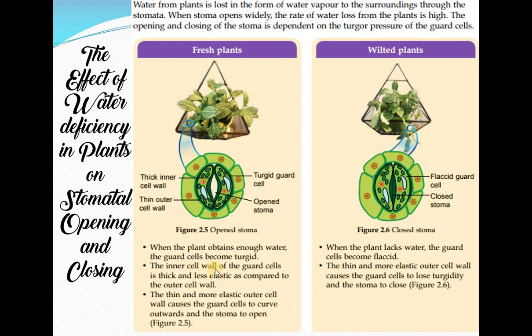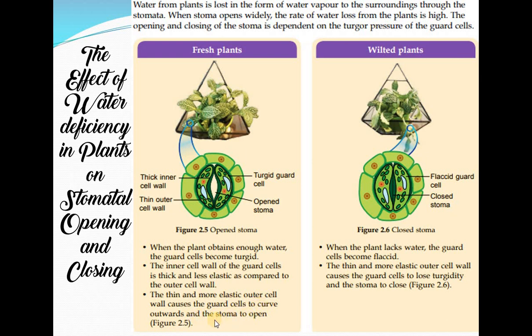The inner cell wall of the guard cells is thick and less elastic as compared to the outer cell wall. The thin and more elastic outer cell wall causes the guard cells to curve outwards and the stoma